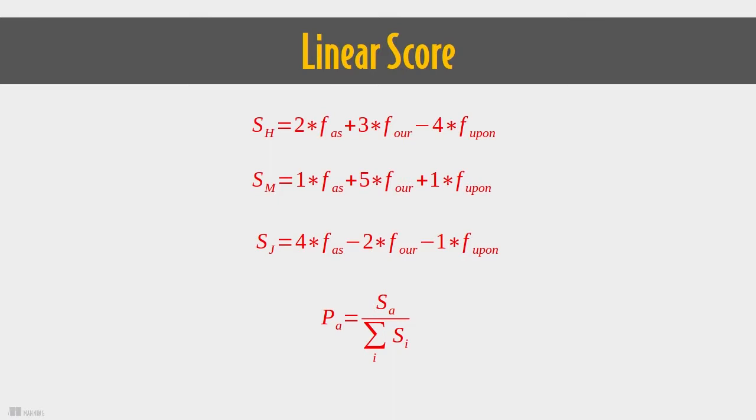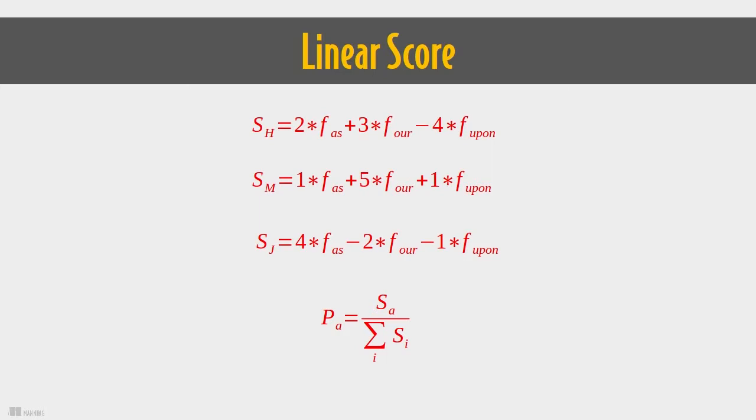Let's start with a simple linear model to score a document, and suppose that we already have some weights. Here's a very simple equation using the word frequencies from the words "as," "are," and "upon," so that Hamilton has weight 2 for word frequency "as," weight 3 for word frequency "are," and weight -4 for word frequency "upon." These are completely made up, so don't worry about this being a good model or not. And you can see there's another score that we'll compute for Madison, and the third score we compute for Jay, again using the frequencies all of a single document to compute these 3 scores.